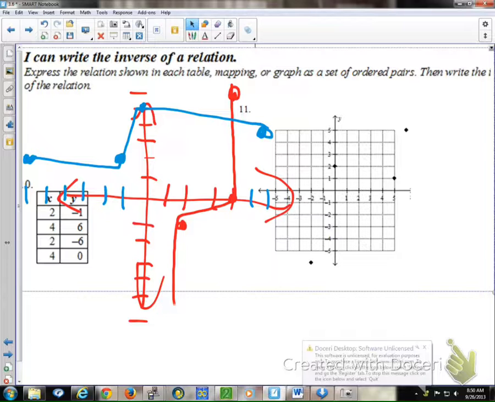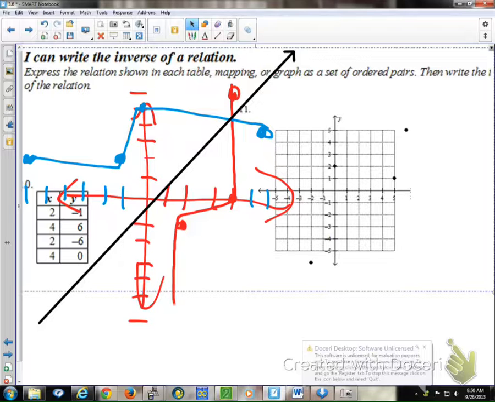That's what inverses do. Now, what I'm about to show you, technically you probably won't need to know until Algebra 2, but inverse relations are symmetrical around the line y equals x, which isn't drawn very well right here. That line y equals x, which you can easily graph because the slope is 1 and the y-intercept is 0, is the line for which inverse functions are symmetrical with one another. So that's just a neat little tidbit. Questions on that one? Basically just flip your coordinates. That's the whole thing about inverses.